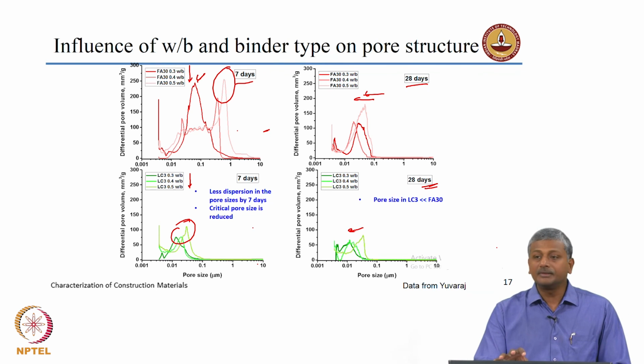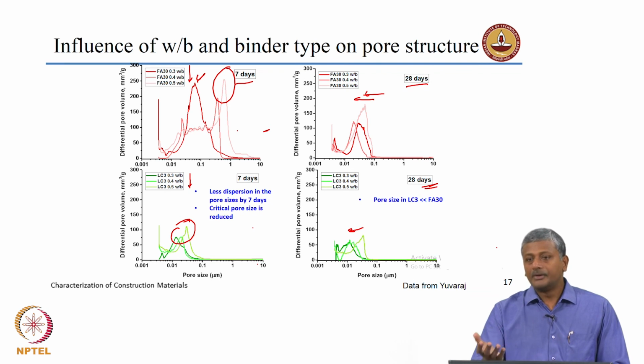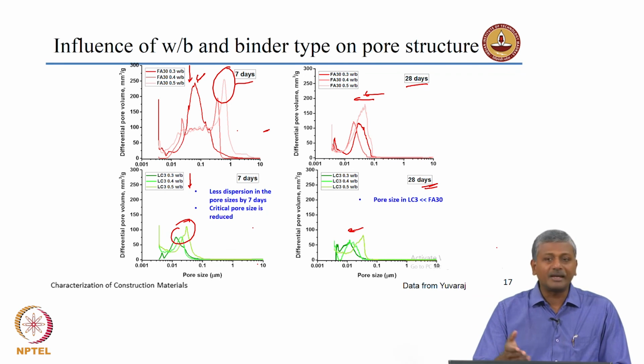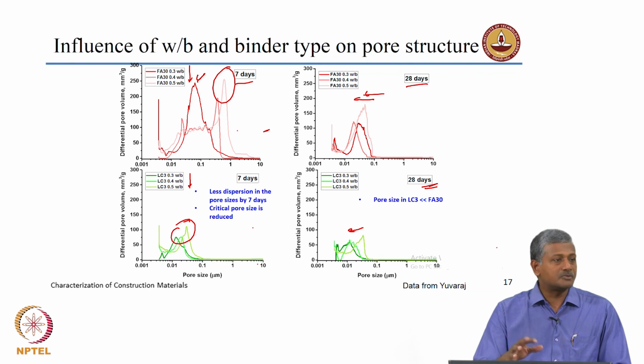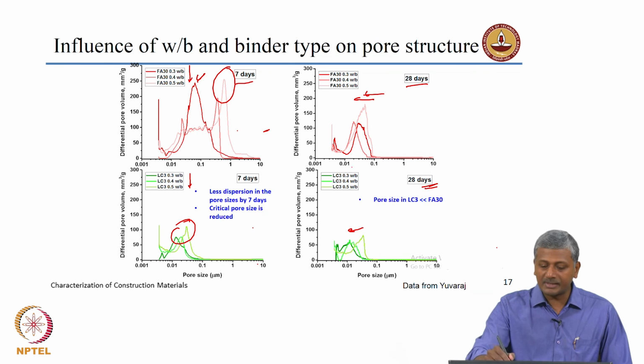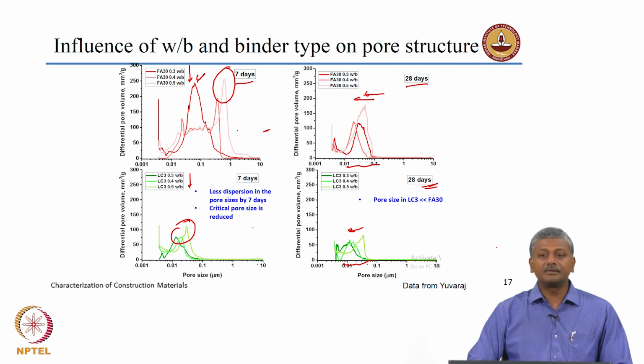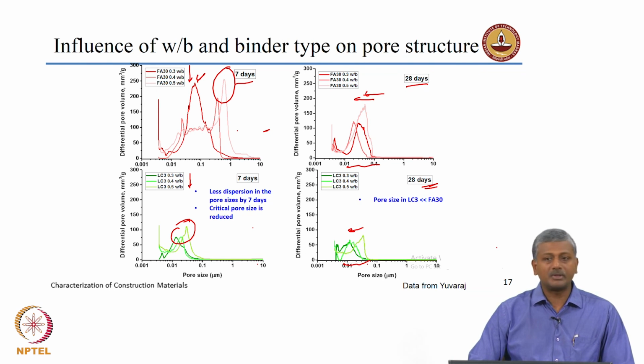Of course, this is only the porosity or pore size result from mercury intrusion porosimetry. What you need to also see are the corresponding effects that it has on the concrete durability. So, a behavior like this would indicate that a concrete with LC3 which is cured to 7 days will show definitely a greater durability as opposed to a concrete with fly ash at 7 days. But at 28 days, there should not be much difference between the two systems, because the pore sizes are almost identical in the case of fly ash and LC3 at 28 days.